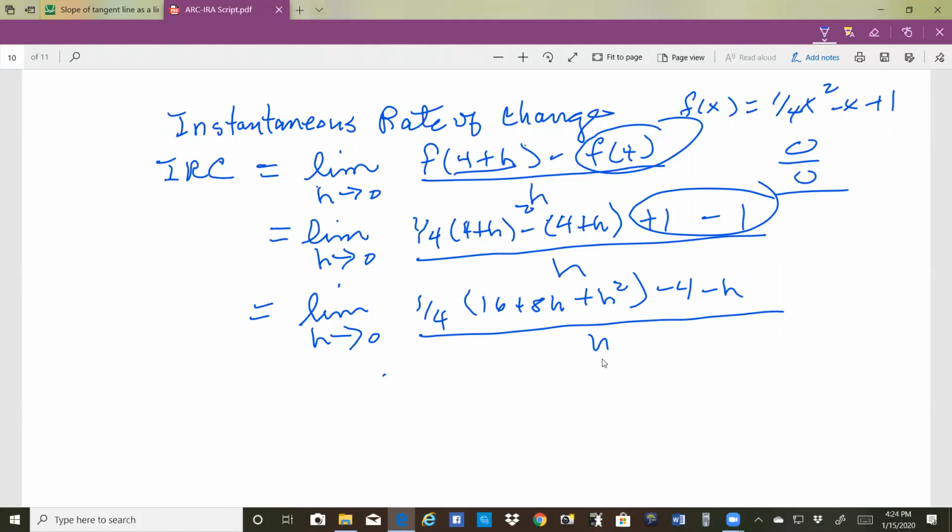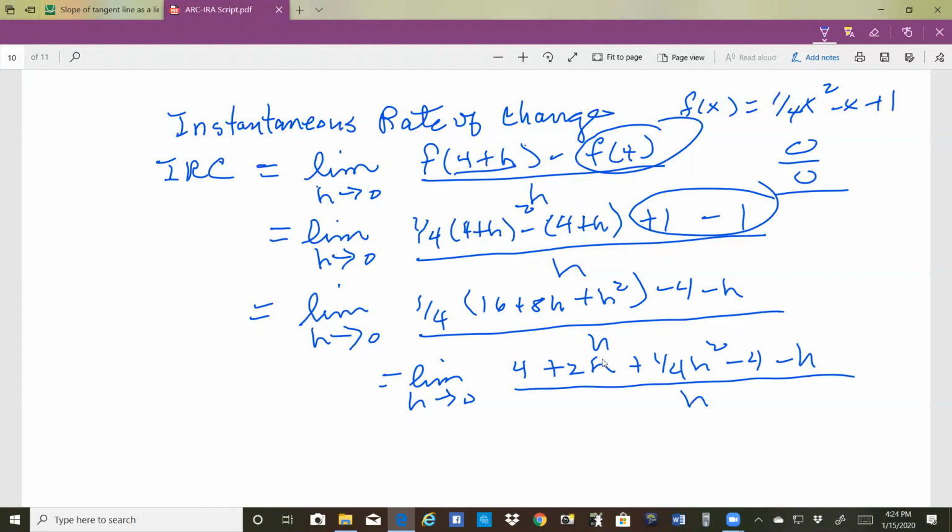And we get the limit as h approaches 0. This is 1/4 of 16 is 4. 1/4 of 8h is 2h. Plus 1/4 h squared. Minus 4 minus h all over h. Now notice when you do this, a lot of interesting things begin to happen that make some of your problems go away. The 4's cancel, and I finally get